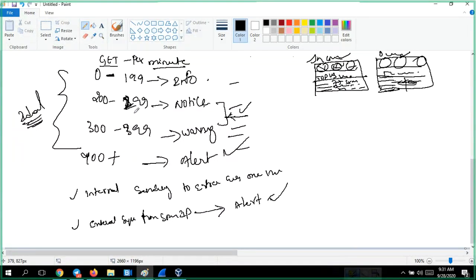So what I prefer is, in the real-time world, for interview this is important, but for real-time implementation you go for this itself: alert when you find 200 GET requests within 1 minute, just raise an alert. Got it,